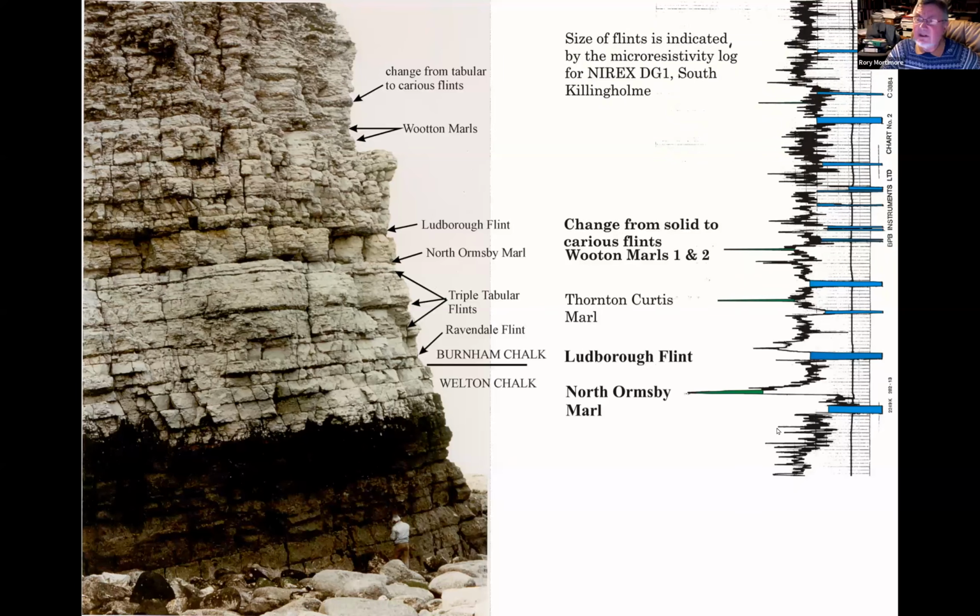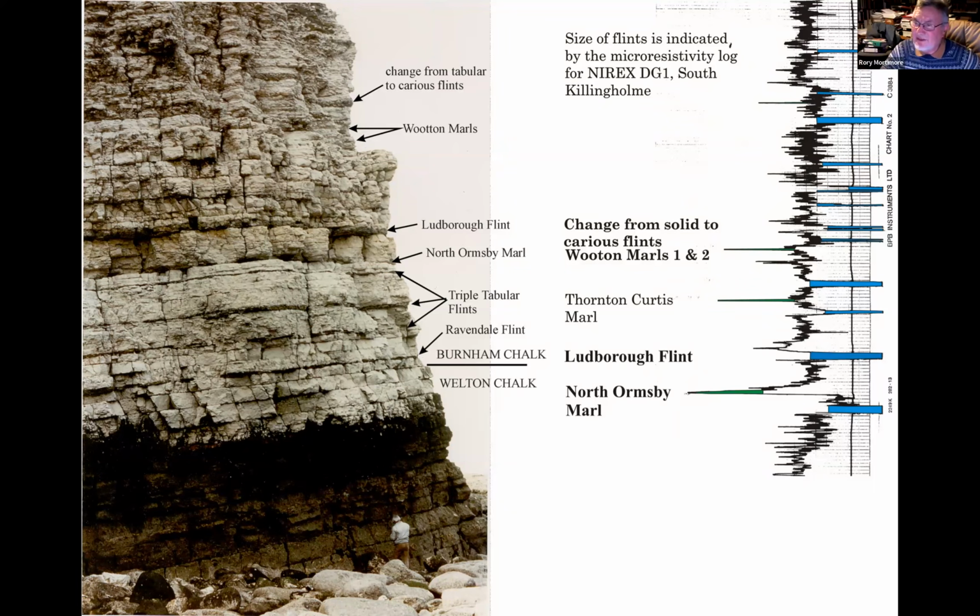And then we can compare that directly with North Lincolnshire, a geophysical micro-resistivity borehole log with spikes in this direction representing marl seams. And there's the North Ormsby Marl, and there's the North Ormsby Marl here. Then we've got the Ludborough flint, and we've got the Ludborough flint here, and the spikes in blue in this direction. Those spikes in blue, the thicknesses of those spikes is a good indication of the size of the flint